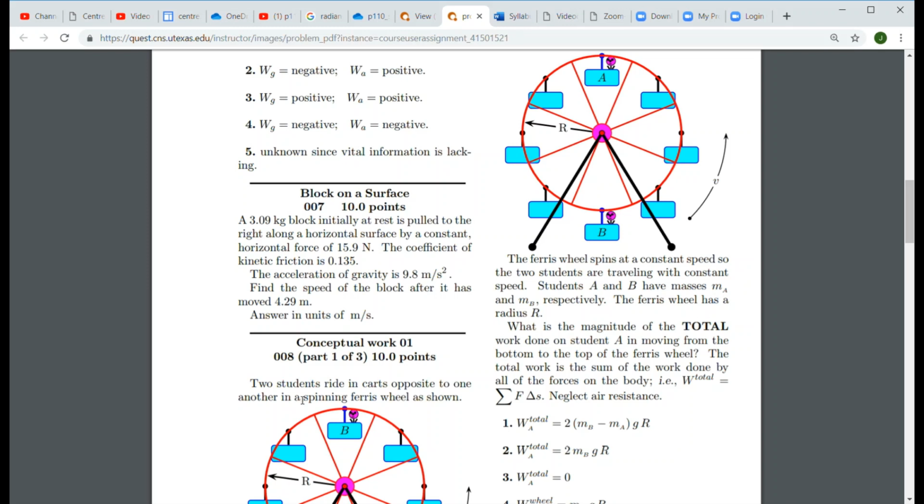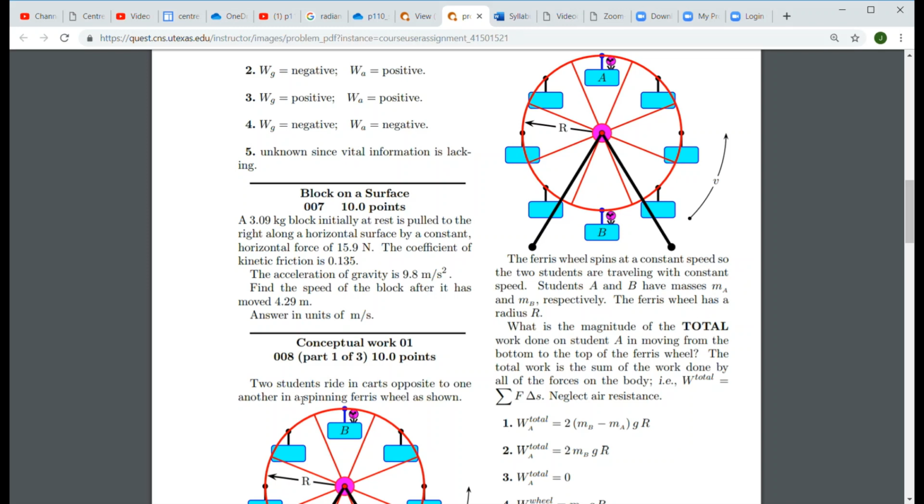Again, we could do this problem using kinematics. We know how far it goes. We know it starts from rest. We want to find its final speed, so we could use a kinematics equation to do that, the v squared equation. But rather than that, let's use energy methods to solve this. The work kinetic energy theorem, if I treat the block as my system, it certainly is a particle type system,